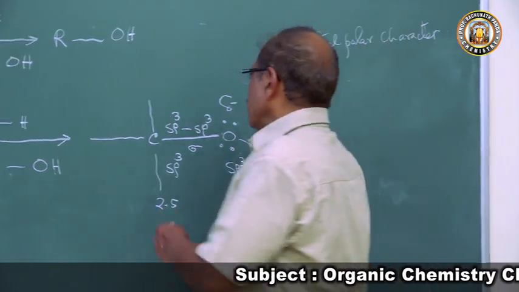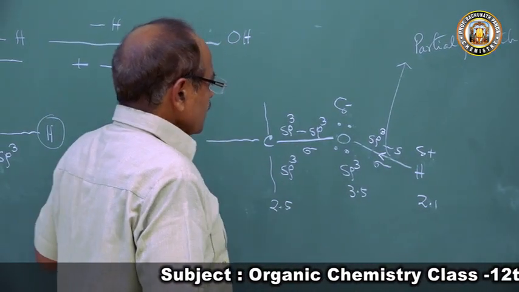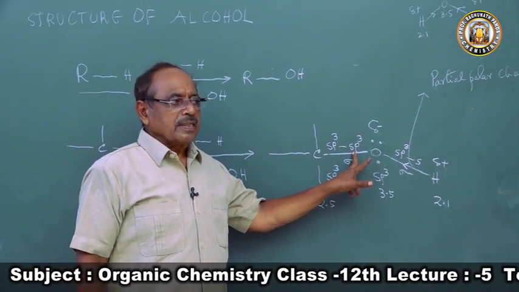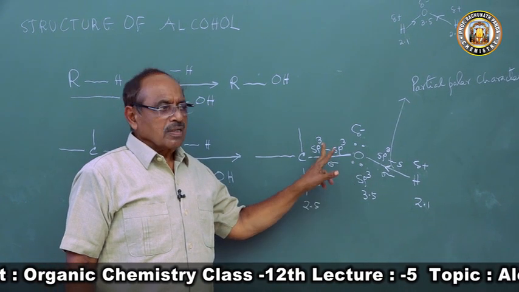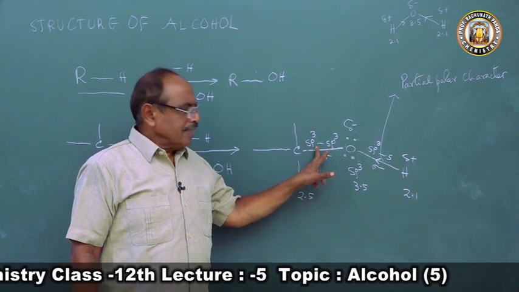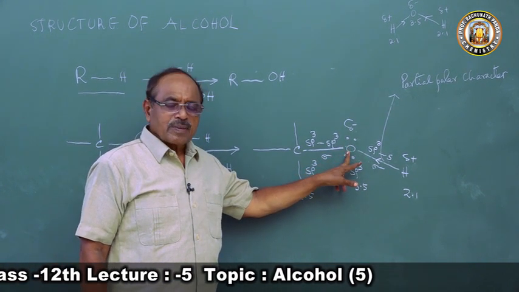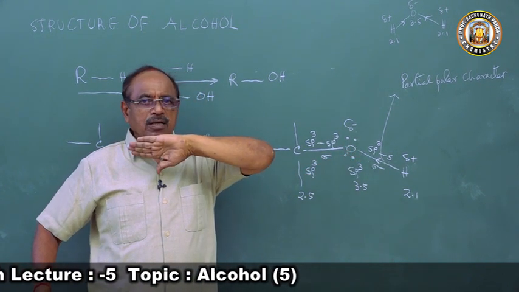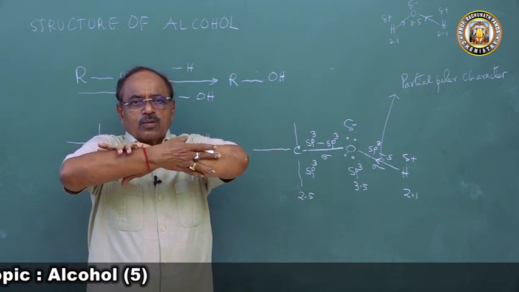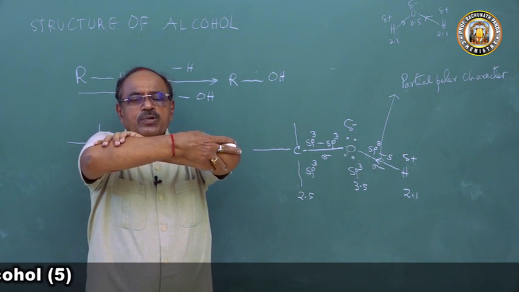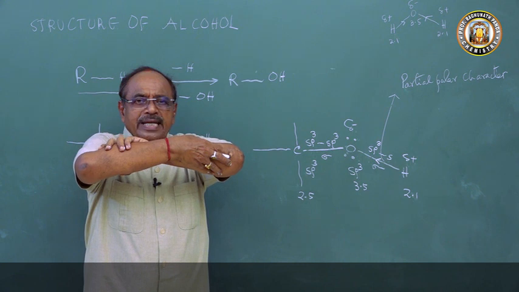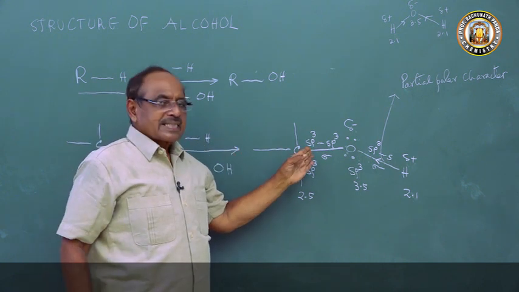Now let's come to this bond. This bond is formed due to sp3 overlapping. The sp3 hybrid orbital of carbon linearly overlaps with the sp3 hybrid orbital of oxygen, just like this. This is the sp3 of oxygen and this is sp3 of carbon. They undergo linear overlapping along the same nuclear axis. Overlapping takes place, so the overlapping is extensive.